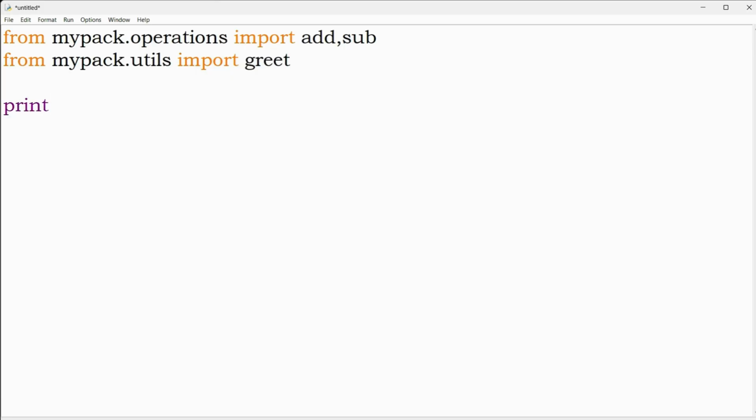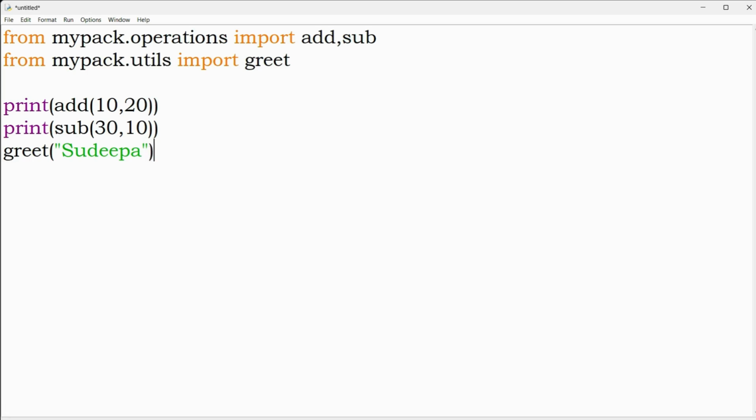So now we start calling the add. Let's say I'm writing 10 comma 20. Similarly, print of sub of say 30 comma 10. Then I can call the greet function by passing